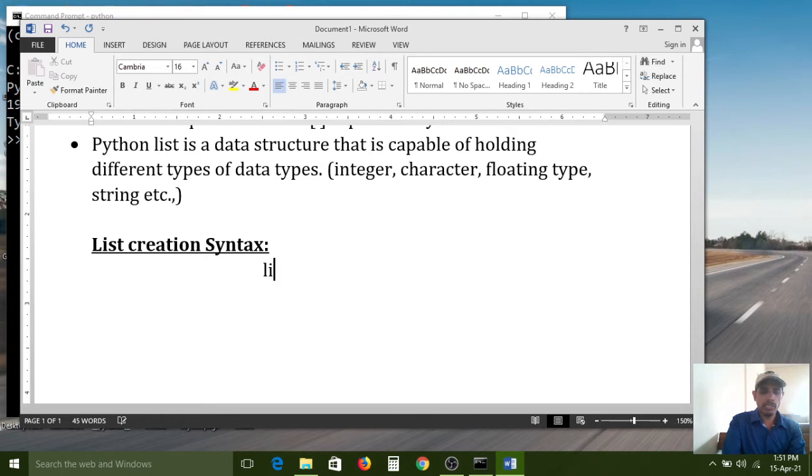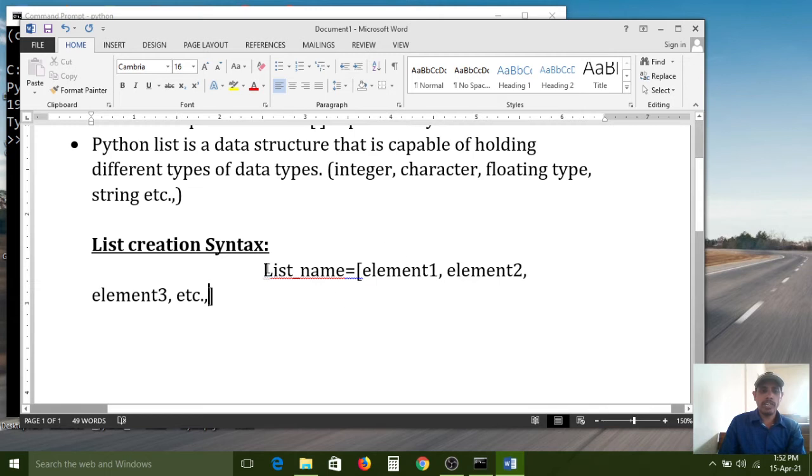By using a simple list: list equal to, this is the list name, and in between square brackets we can use the elements. Element 1, element 2, element 3, like that. If you want more elements, you can add them. So that is the syntax.